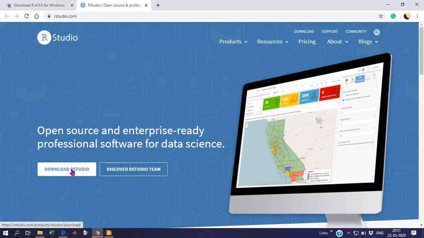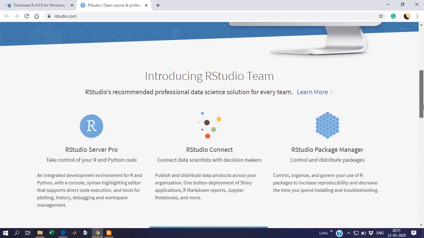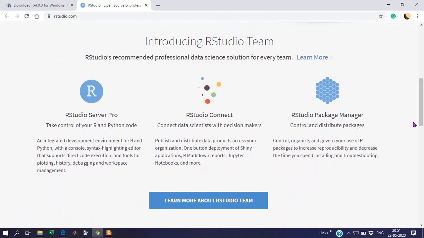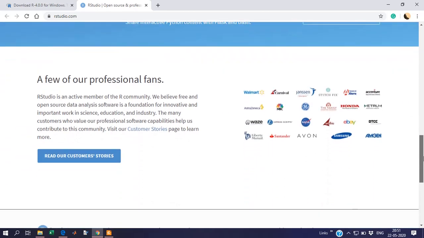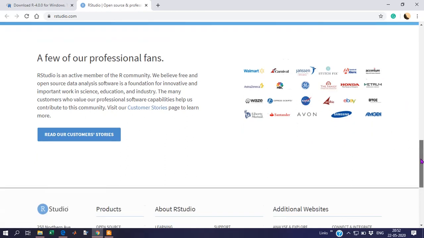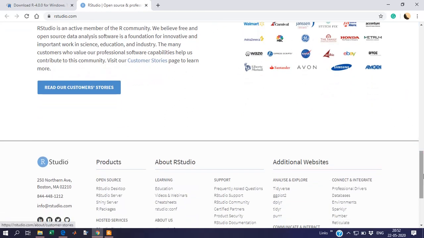You can download RStudio from here, but let's visit this website first. Introducing RStudio. There is a professional version also available here. RStudio Server Pro is here. RStudio Package Manager is there. Here are some clients which are using R software. You can observe eBay, NASA, Samsung. Accenture is using RStudio, and even Walmart.